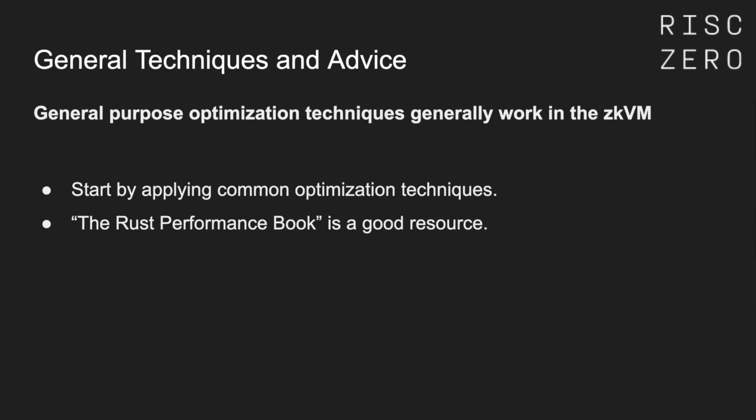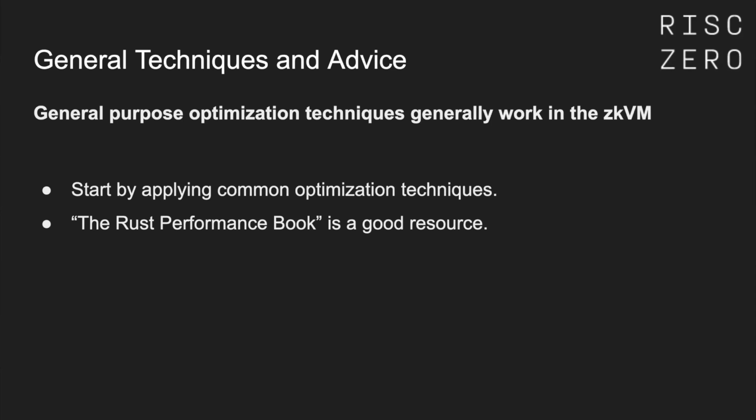And with that, basically, we can talk about some general techniques and advice. I mentioned before that the zkVM essentially is a CPU, and the key idea, just where we should start, is that general purpose optimization techniques do work in the zkVM. So things like reducing your allocations, reducing the number of times you call a routine, just reducing the work that your program has to do